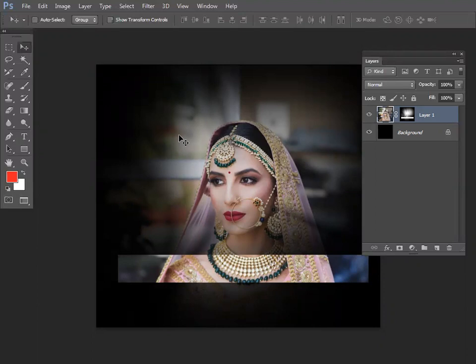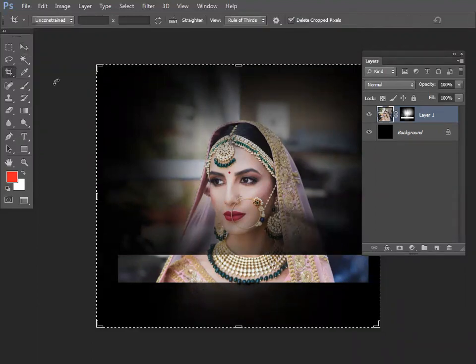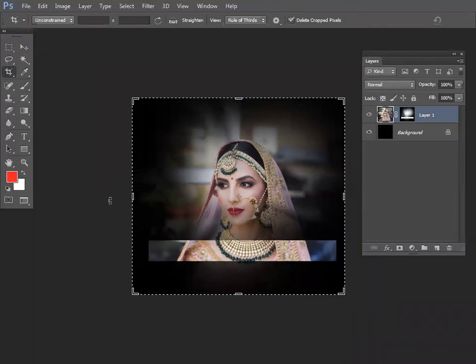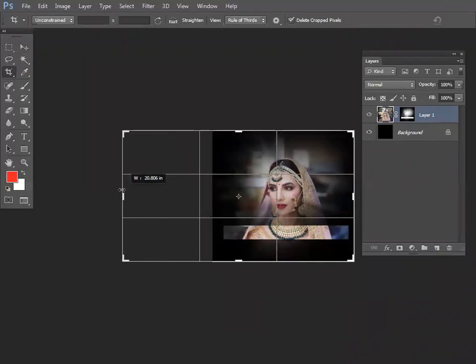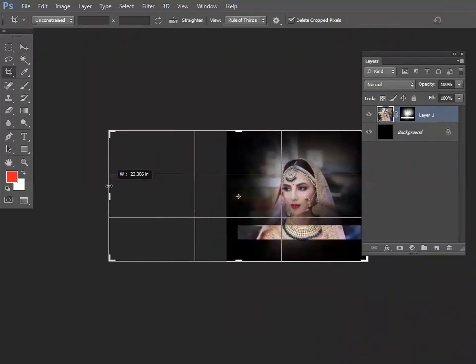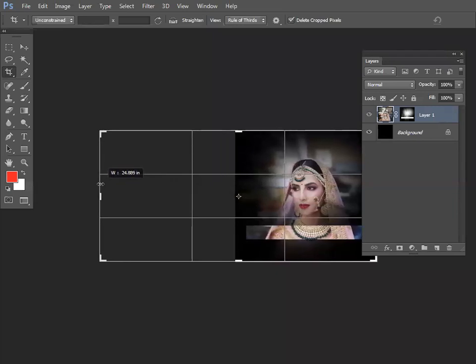What is your present knowledge? We do have the crop tool, understood? The crop tool is capable of creating the canvas double, right? So how to generate the canvas to go double? Take the crop tool, drag the edge completely to the left side till the middle button comes to the edge.